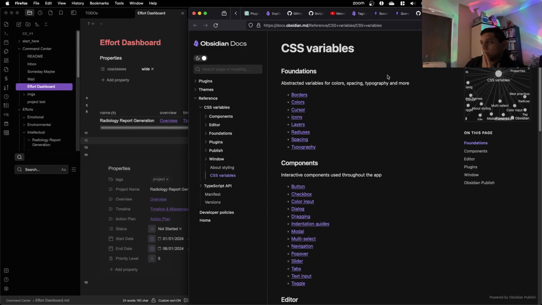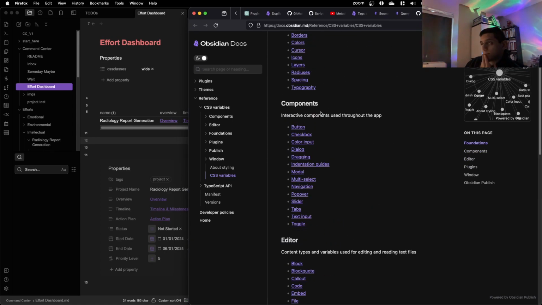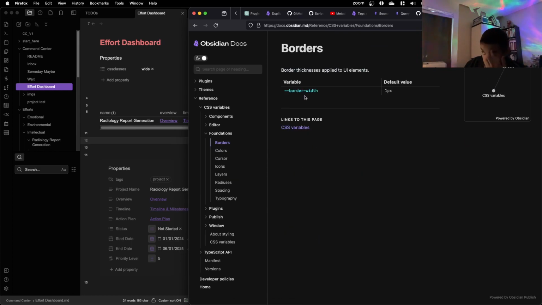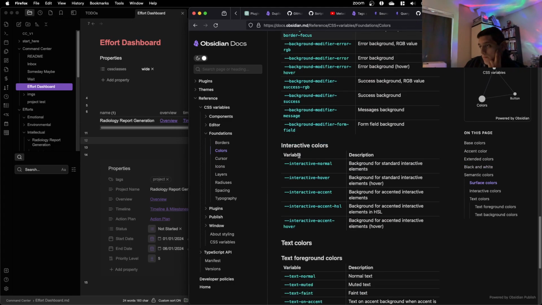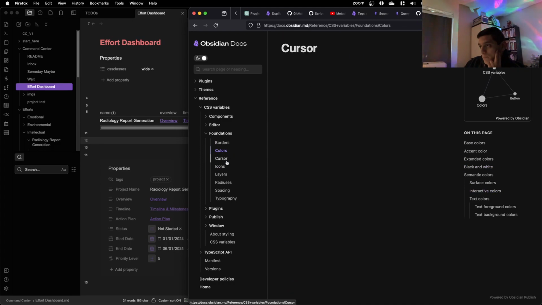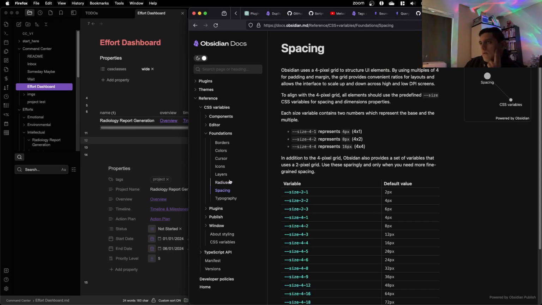Making two, customize aspects, borders. Ooh, I need to come back to this.